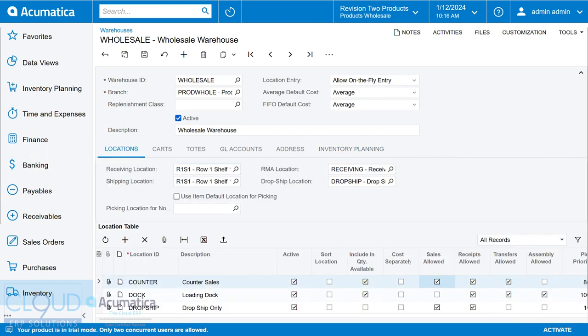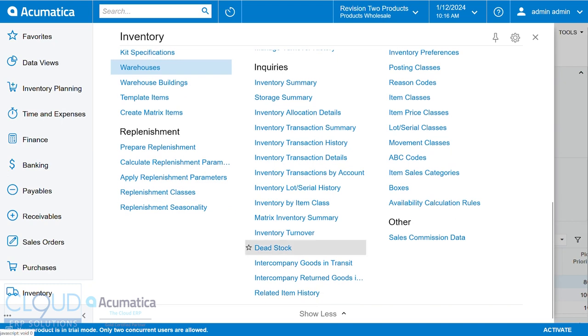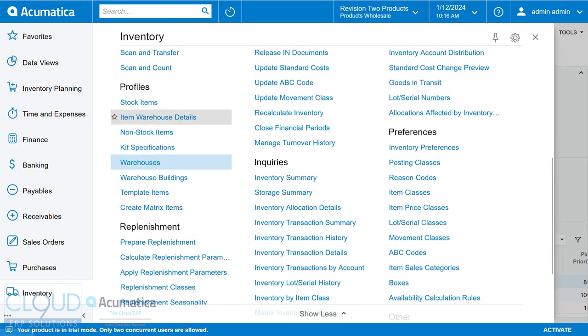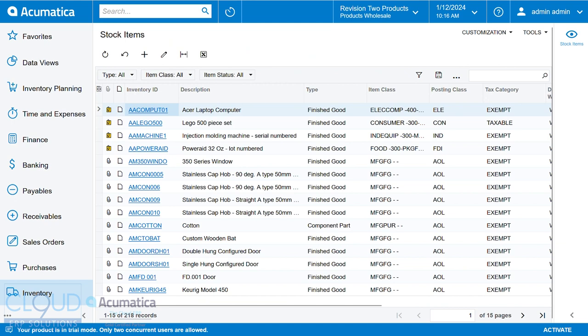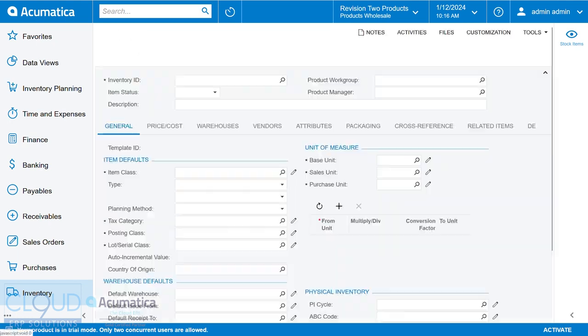If we open up an item, we'll go to inventory, stock items. This gives me a list of all my stock items, very similar to the invoice list in terms of moving columns around and doing a search and everything. But this is inventory items. If I click on any item,